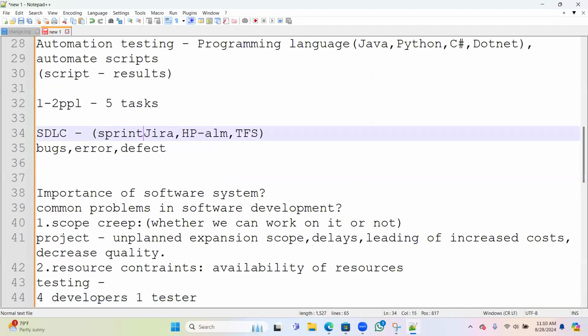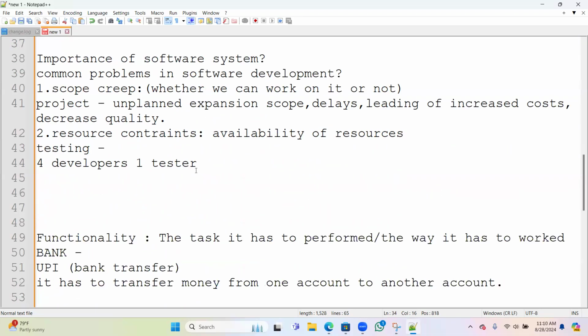Like in the old days, we used to have software testing for around 1 year or 2 years, and after that, we used to launch the product. In recent days, what exactly are we doing? We take a limited time, maybe 10 days, 20 days. We complete the functionality and submit it to the client. So that's how we go. In this limited time, we have four developers and one tester. I can't complete the given task in the given time. Okay. So that's one of the issues.